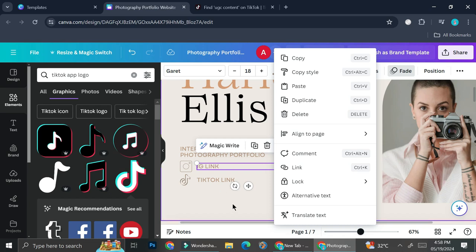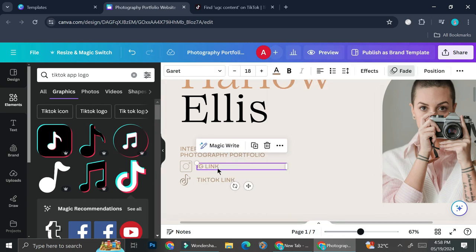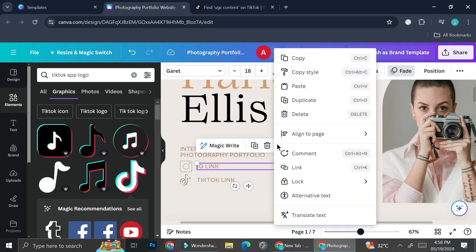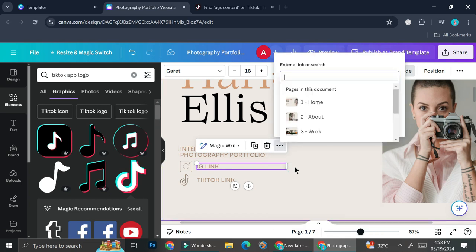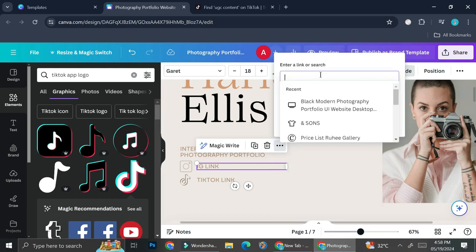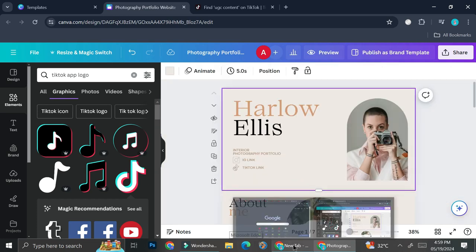So you can go ahead and click on this text box, click on the triple dot on top of it, and then put the link of your social media on this text bar right here. So once people click on the text, they will be brought directly to your social media. All right, now that we've got the basics,